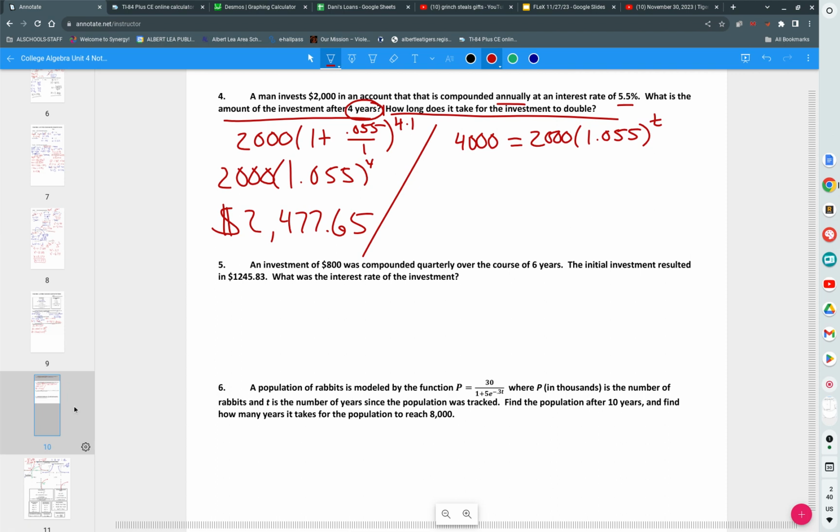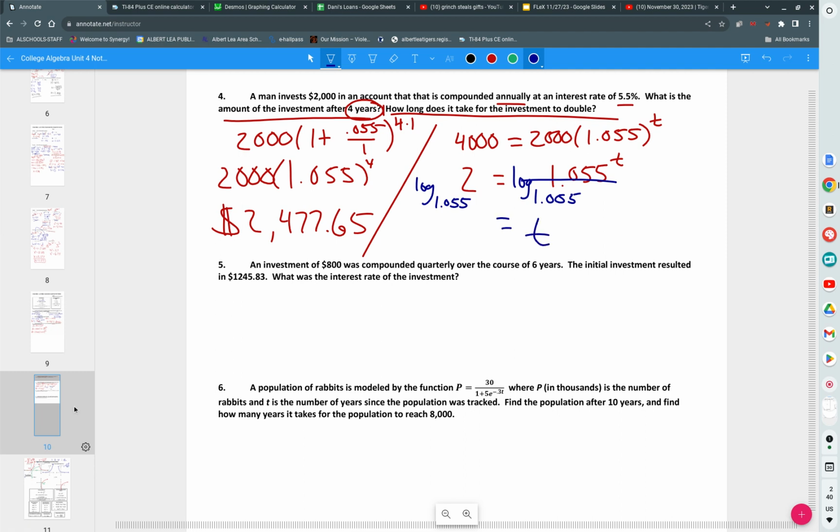What do you want to do? Divide by 2,000, get 2. It's equal to 1.055 raised to the t power. Log base 1.055. Excellent. That's a correction I made in other classes. It's not log of 1.055, it's log base 1.055. Ben has corrected himself there. Good job. We cancel those off and we get t is equal to